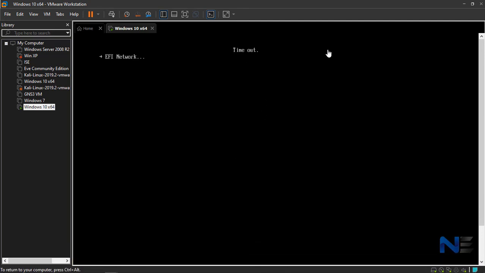You need to press any key here, and if you miss by chance, then you need to click on this icon here, Ctrl Alt Delete, and click on the blank screen, then press any key.